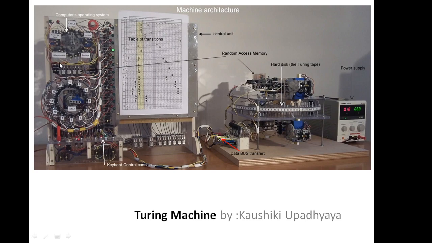Okay, there is an operating system over here, there's random memory access over here, and there is a database for the transfer of data, and finally a power supply. So this is the actual representation of the machine architecture that we use now. We have memory, we have CPU, and we have a memory where we can read and write, right? Initially we had this Turing tape. We're going to work with this a lot because in our abstract model we have a Turing tape and a reading head, which is over here. Can you see? This is the reading head. It can move in the right direction as well as in the left direction.